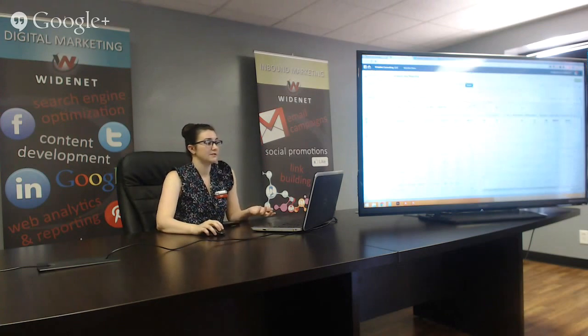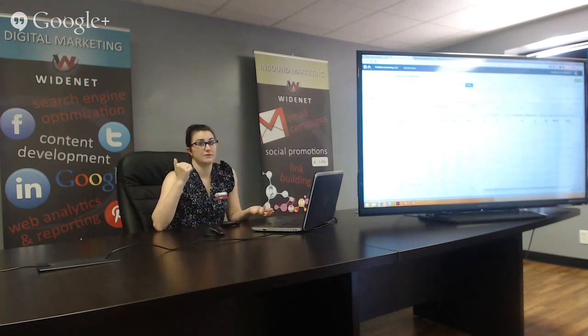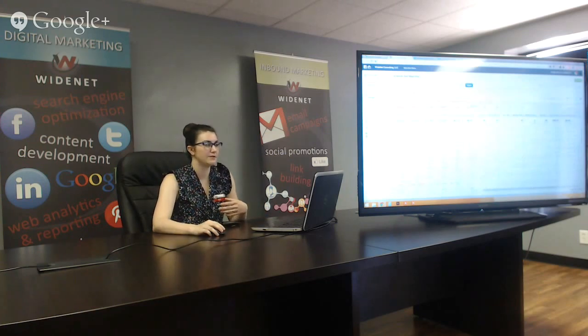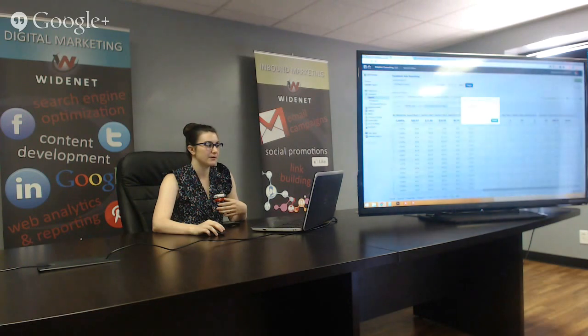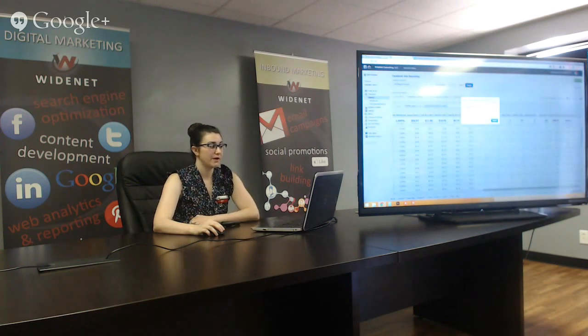So let's say I do decide I want to put this over in Excel. I want to use this and just file it so that I know exactly what happened. All you have to do at that point is just click this export. You can include the summary row. You can export it as a CSV or an XLS, just depending on what you use. Like if you use